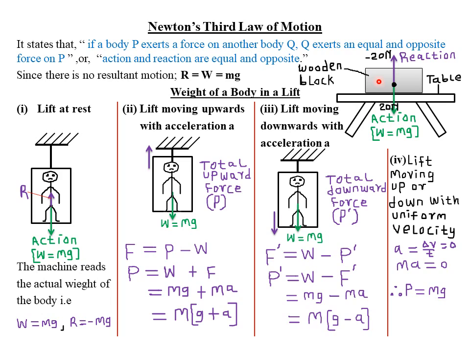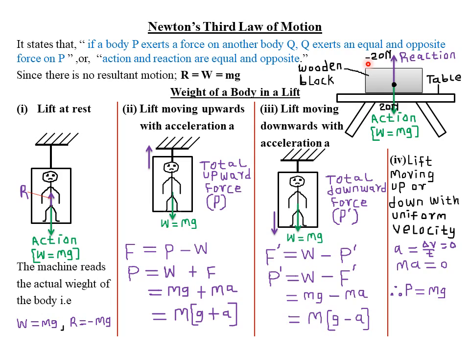So if this wooden block is at rest on this particular table, it means that the table will provide an equal but oppositely directed force of 20 Newton. That force, we call the reaction force. So if the wooden block exerts a weight of 20 Newton on the table, then the table will react by producing an equal but oppositely directed force, which we call the reaction force. If the weight is 20 Newton, then the table will provide an equal but oppositely directed reaction force of 20 Newton. Remember, I'm indicating negative 20 to simply show that the force is equal but in